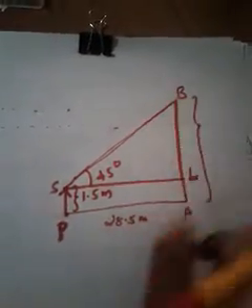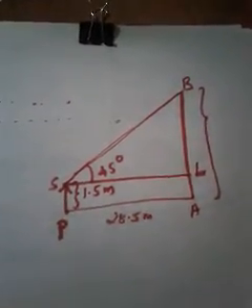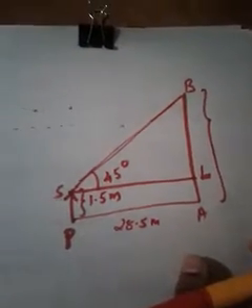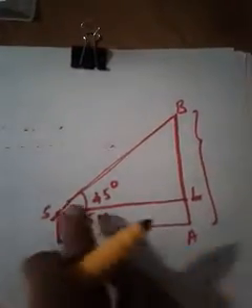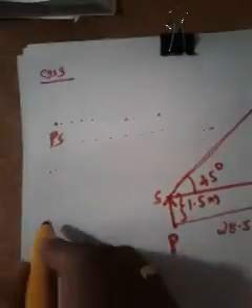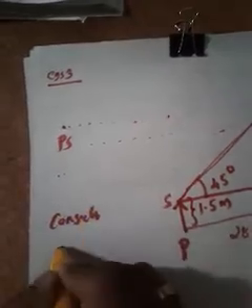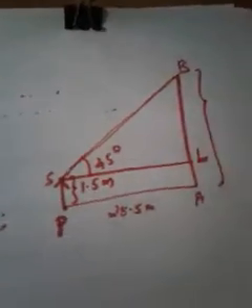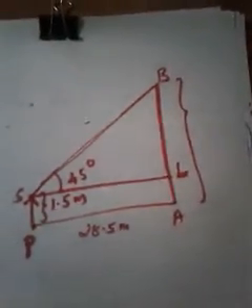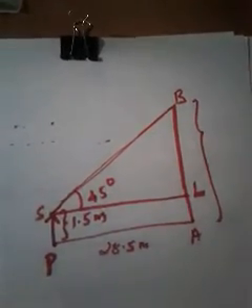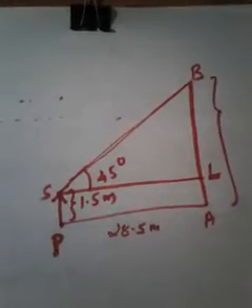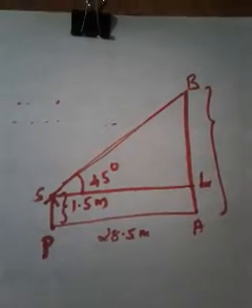So how can we consider it a triangle? In order to consider it a triangle, there should be 3 sides. Those 3 sides should be closed, and there is only one right triangle present, that is SLB. So consider that. So what do you have to write? Consider right triangle SLB. In that we can apply some ratio. You may have understood the reason for considering that right triangle: in order to solve, we need a right triangle, and there is only one, that is SLB.